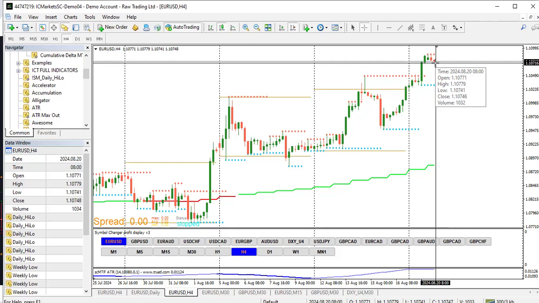If we look to the calendar, I've already mentioned that on Tuesday we do not really have any market moving event or any market moving news release coming up. But let me run through the whole week. The market is basically going to be coming to life around Thursday. So for today,